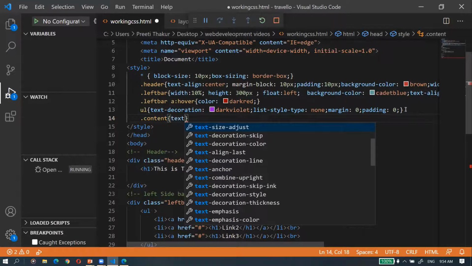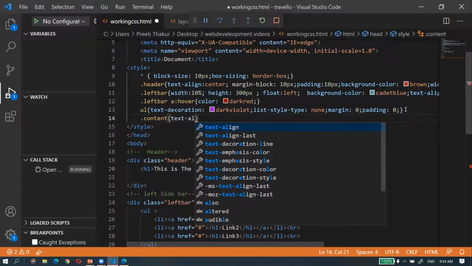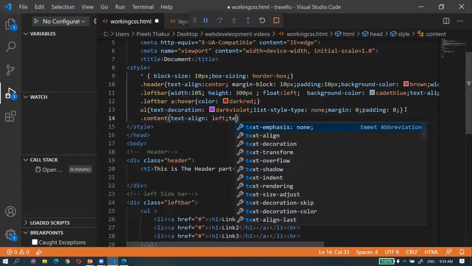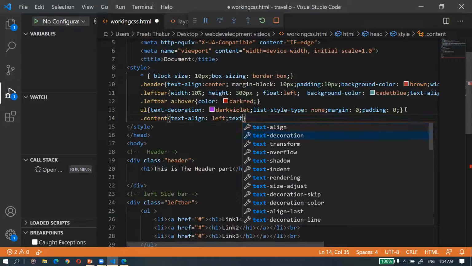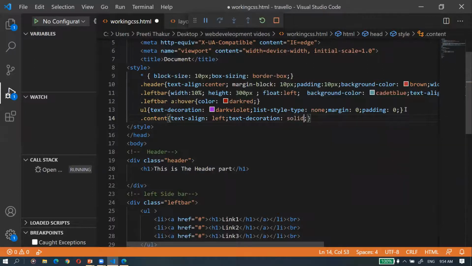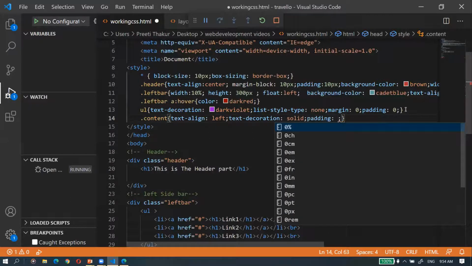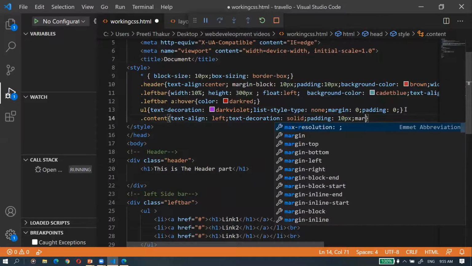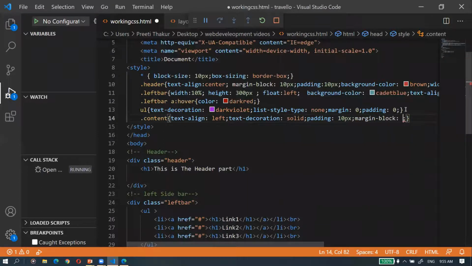Text alignment I can give to left, and then text decoration I can give solid, and then padding and margin also I can set, and margin for whole block I'm setting this to 10px.